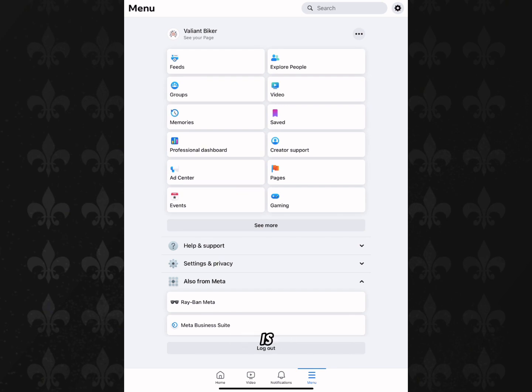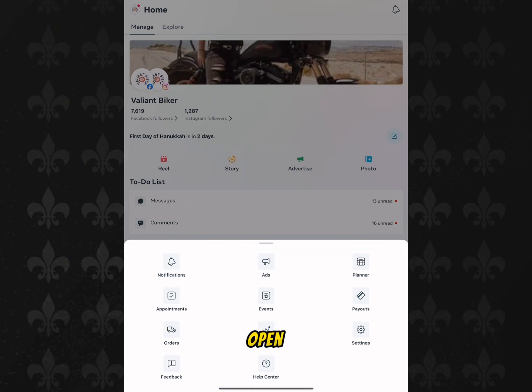But what you want to do is get Meta Business Suite. You can have it on your Windows, or you can download it on Android or iOS. Hopefully you have this already. What we're going to do is open it up